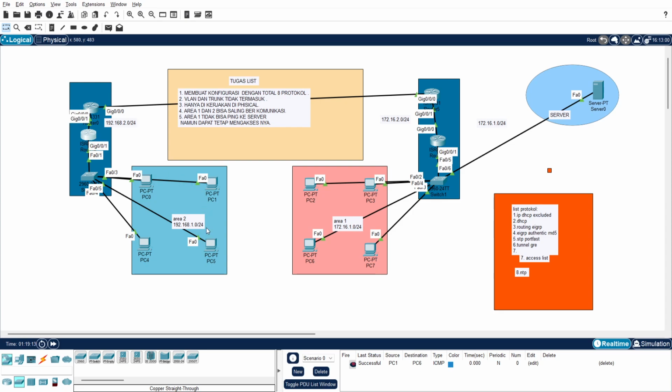It's used so that when this router wants to connect to this router, it will use tunnel GRE.